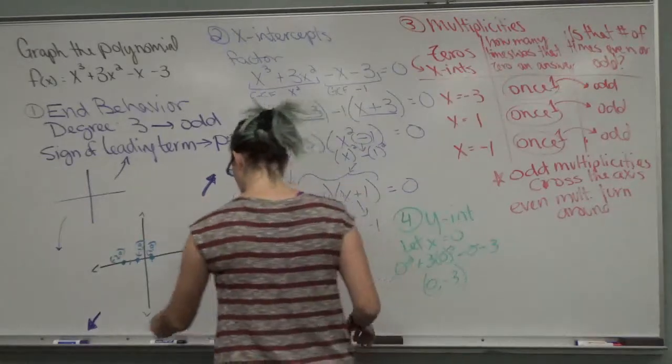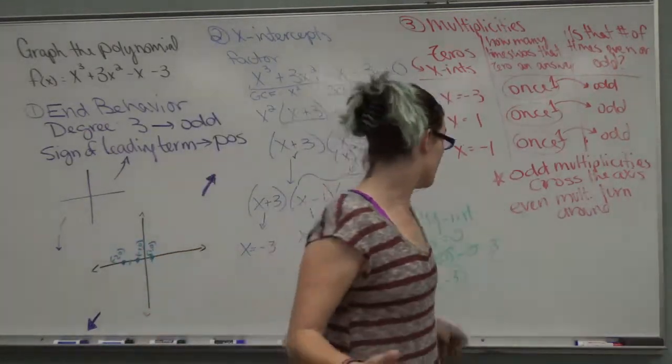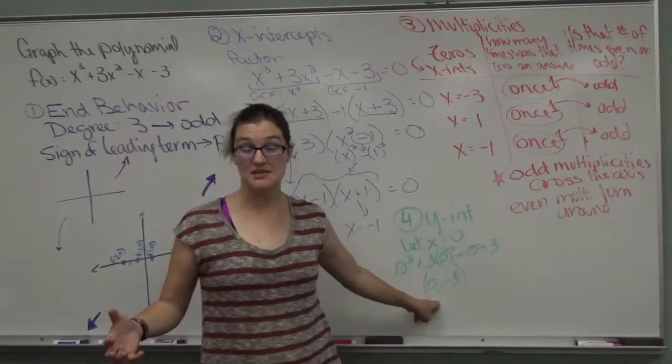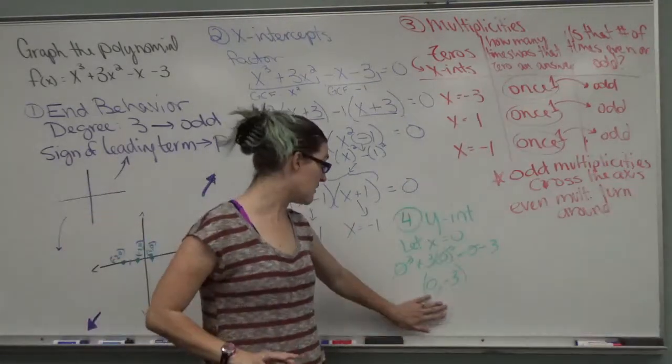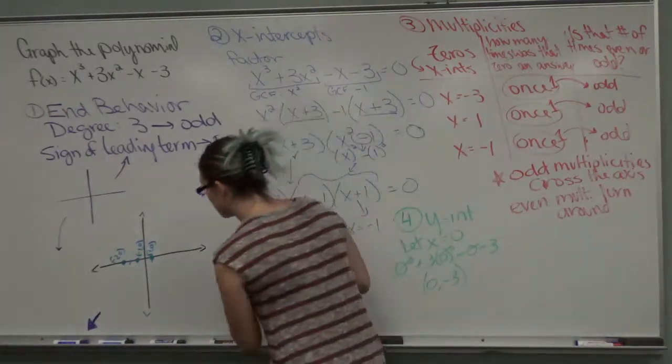Okay? I can't do much with that until I get the line. So I'm going to skip to the only other piece of information I can put on the graph easily, and that's my y-intercept. So 0, -3. 0, -3 is going to go